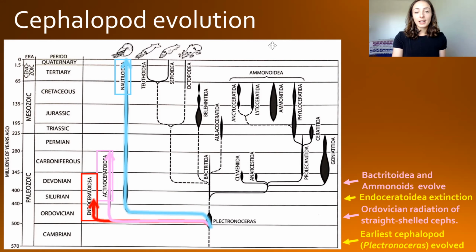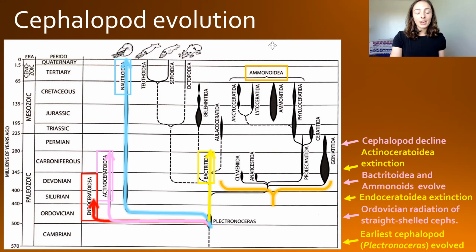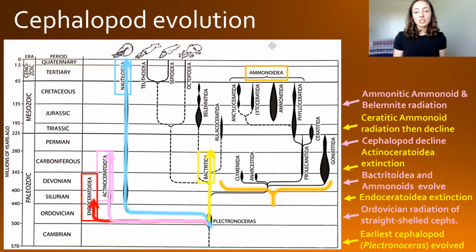Then we have Bactritoidea and ammonoids, or Ammonoidea, evolve during the Devonian, as shown here in yellow with Bactritoidea and here in orange with the Ammonoidea. Then we have Actinoceratoidea go extinct during the Carboniferous period. Then we have cephalopods decline at the end Permian due to the Permo-Triassic extinction. Then a subsequent radiation of ceratitic ammonoids during the Triassic period, but then during the late Triassic extinctions, the ceratitic ammonoids declined just before the Jurassic-Cretaceous radiation of ammonitic ammonoids, so ammonoids with ammonitic suture types,